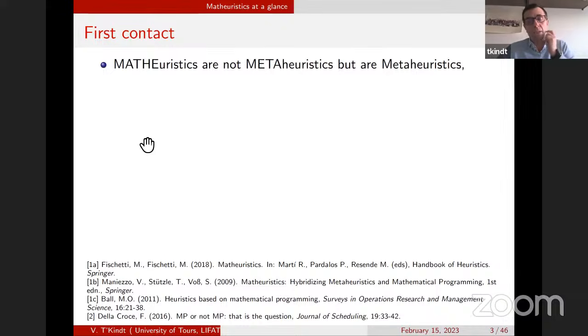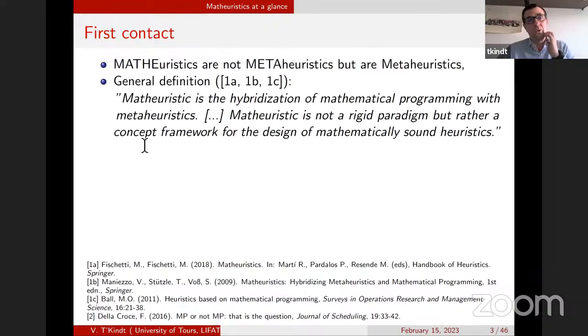They are particular meta-heuristics which are based on the use of an IP solver. So when you solve your problem heuristically, at some point in the heuristic, you say, let's solve some IP formulations, either of my problem or of subproblems. That's the main line of Matheuristics. If we look for a definition of such algorithms in the literature, we only find a very broad one: Matheuristics are a kind of hybridization between mathematical programming and classic meta-heuristics. So it's not something really fixed.